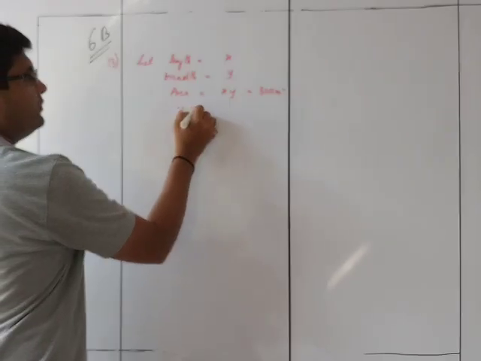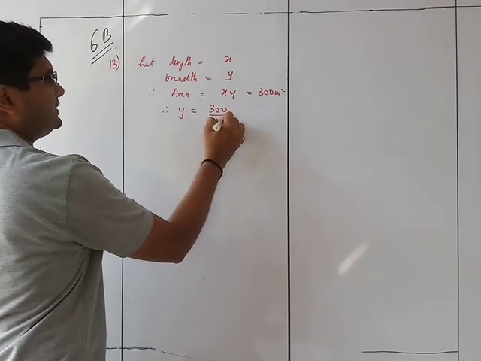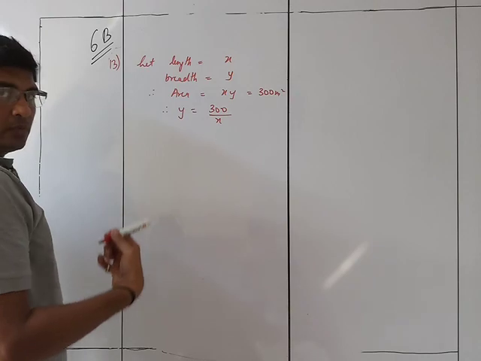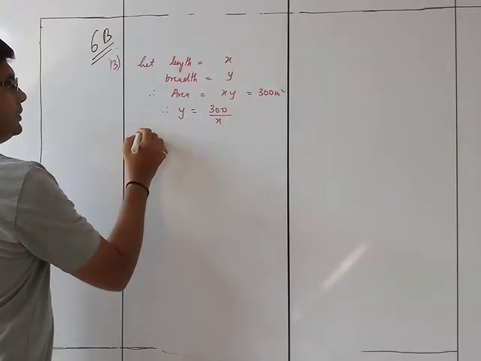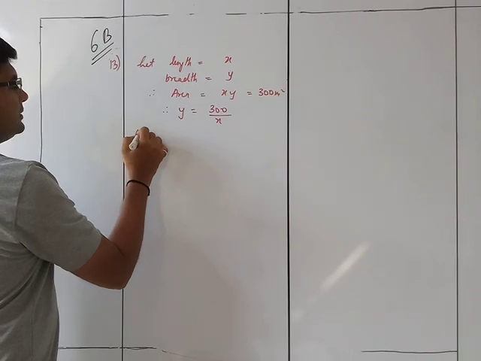Therefore, y will be equal to 300 upon x. You get the thing? Now it is given that length,